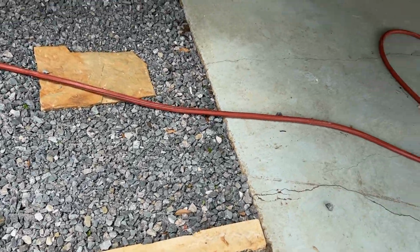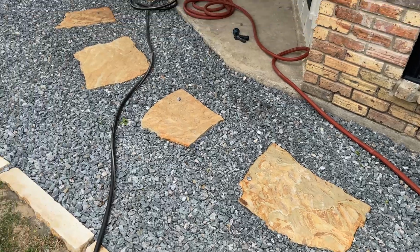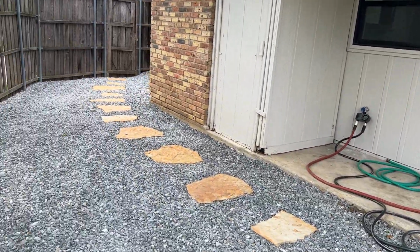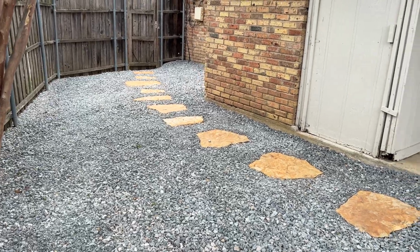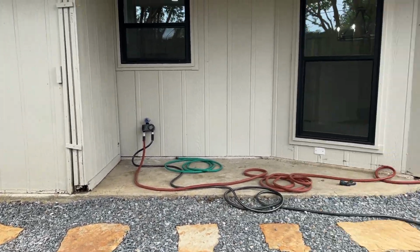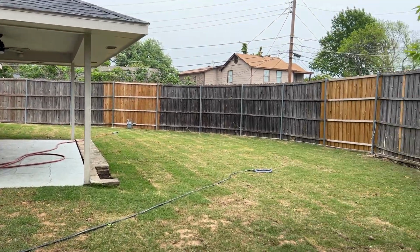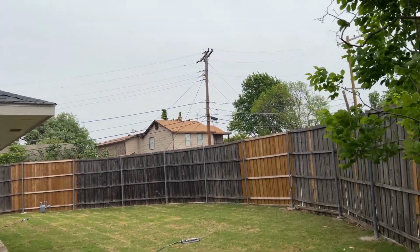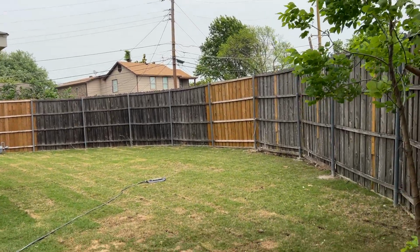I do like this. They did a path around this side of the house. There's the kitchen window. And they graveled this whole area. So I'm kind of curious, probably expense, but I'm kind of curious why they didn't do that on the other side over there. You do have this house up behind, which is kind of interfering with your privacy a bit, but